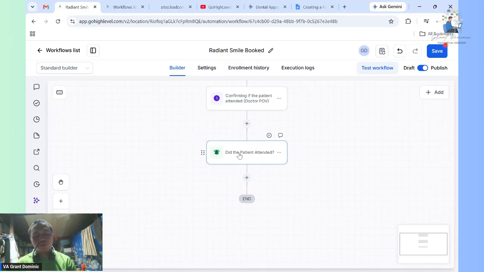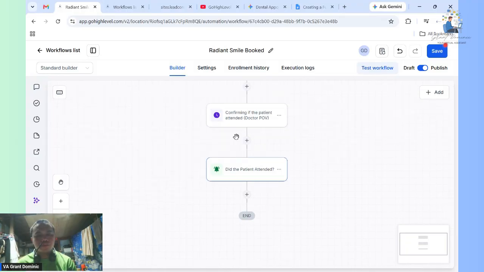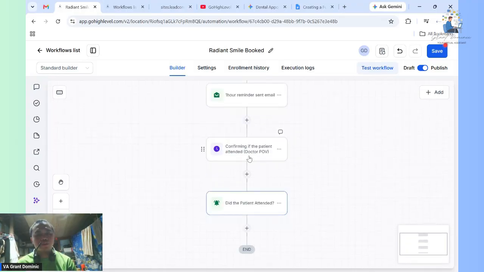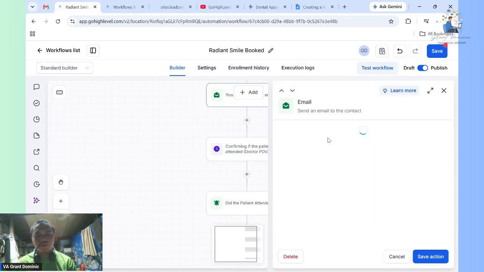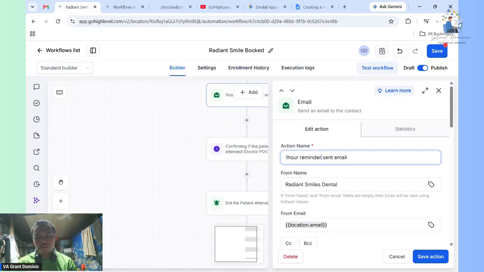So we will not put a notification because we are going to tell the doctor that they will check the GHL calendar so that it will change the status if the patient has attended or not. So instead of this, we will create a thank you email 1 hour after the appointment. So let me change that after the appointment.